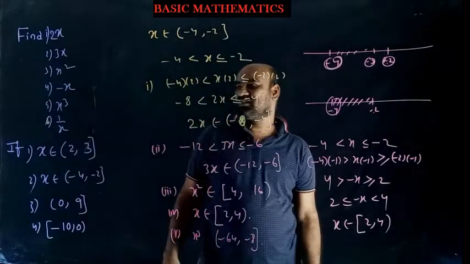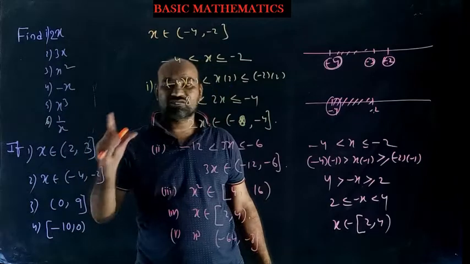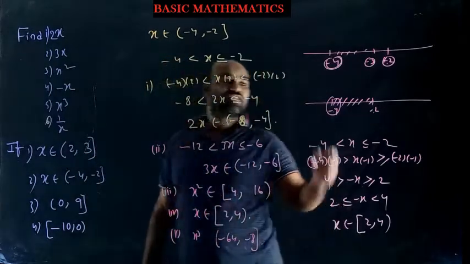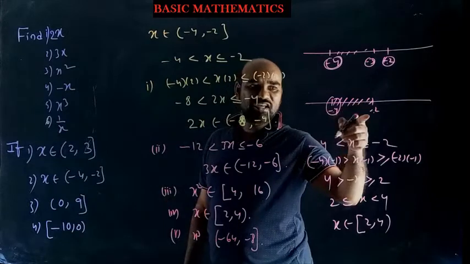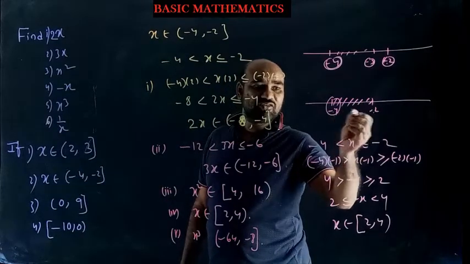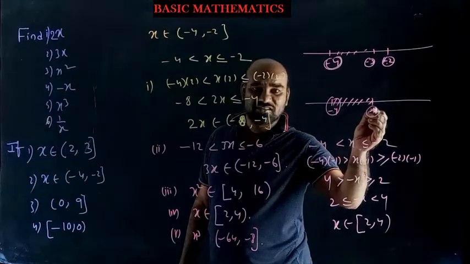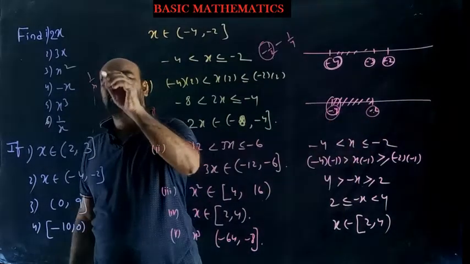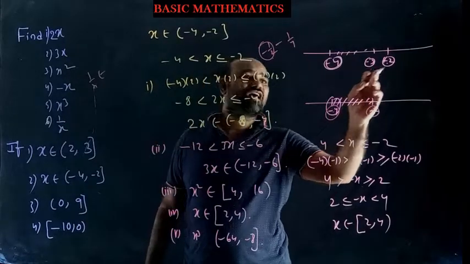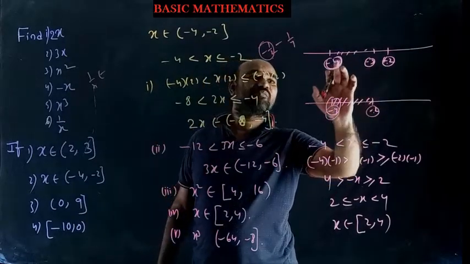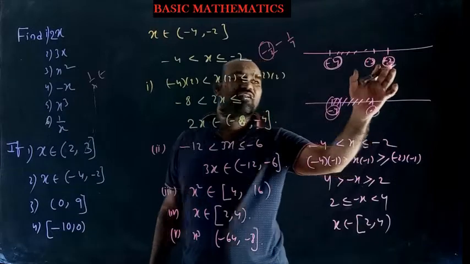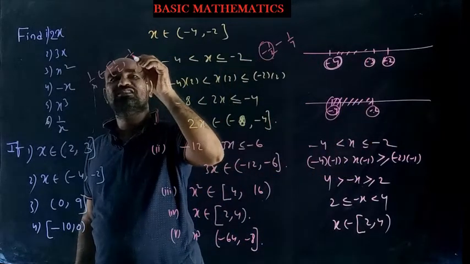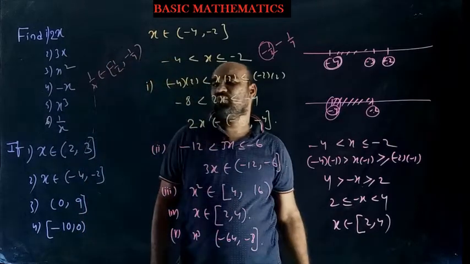Okay. Now the interesting thing is 1 by x, very important. Always 1 by x is important. Finding reciprocals. Both are negative, that is important. So both are negative, and the reciprocal of this should be less than the reciprocal of this. So this becomes the bigger, this becomes smaller. 1 by x belongs to closed minus 1 by 2 to open minus 1 by 4. That is the 1 by x.